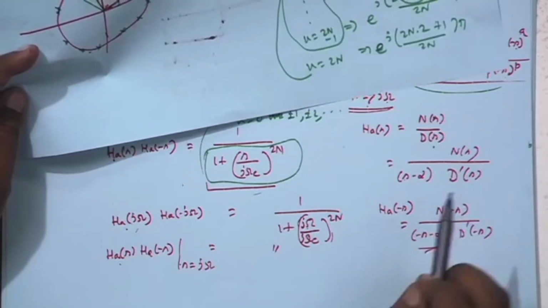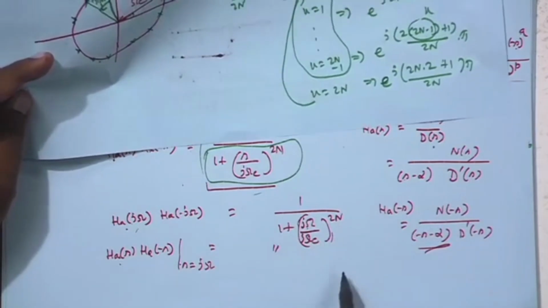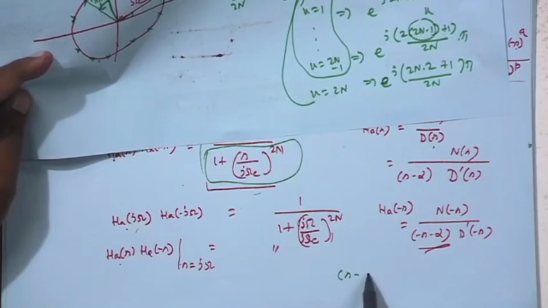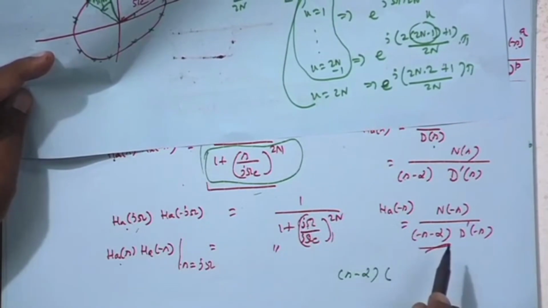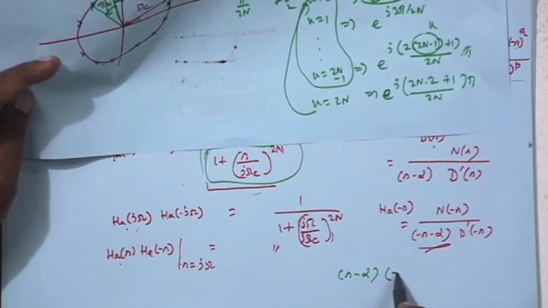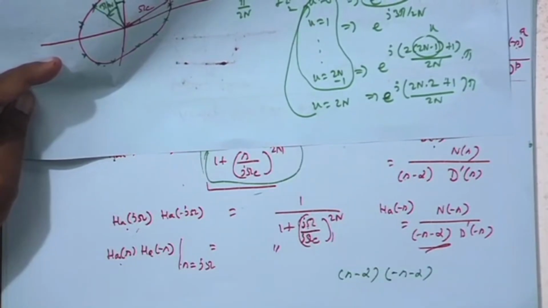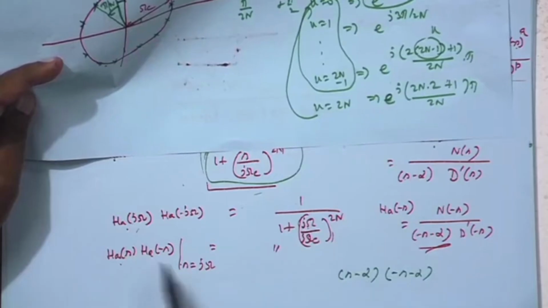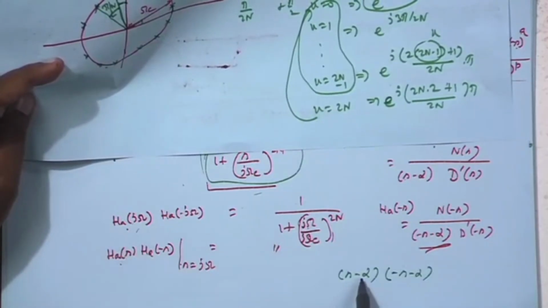Now, we have seen that if HA(S) has a pole at alpha, there will be in the denominator a factor like S minus alpha. Then HA(-S) also will have a pole at minus alpha. So there will be a term like minus S minus alpha, minus can be taken out, right. So that means for this product in the denominator, if there is one pole at alpha, there is another pole